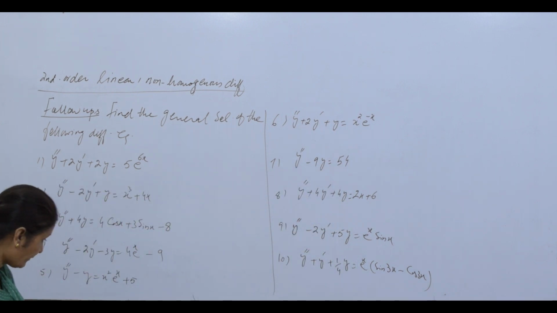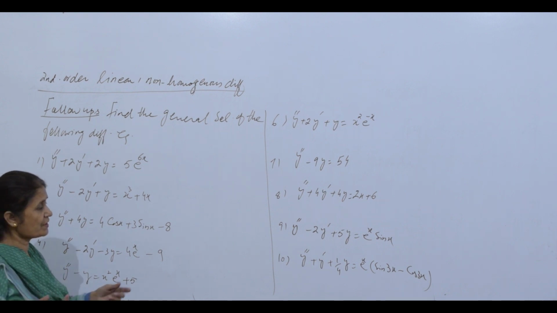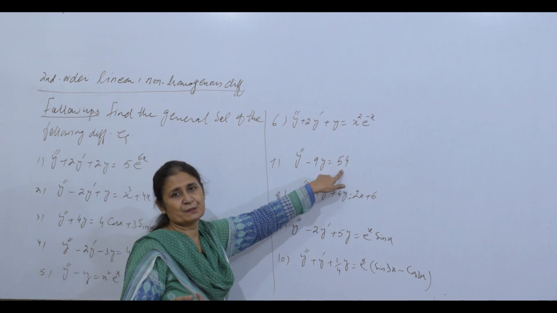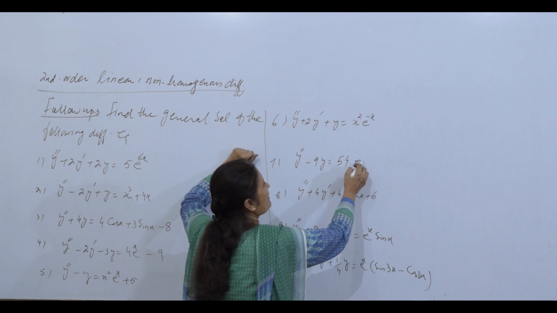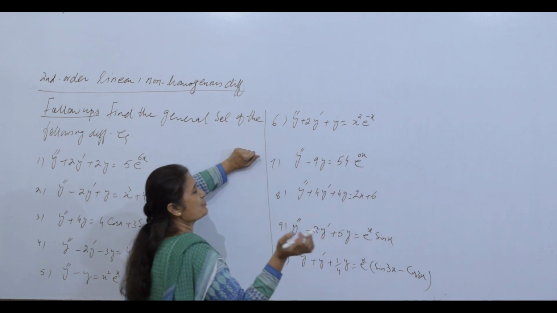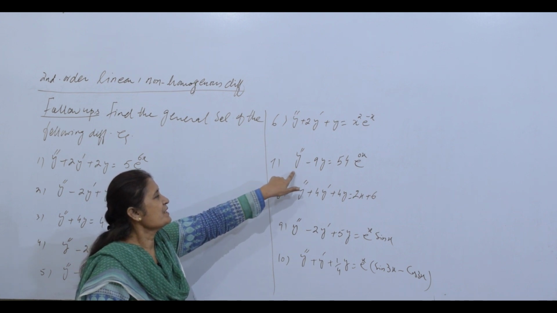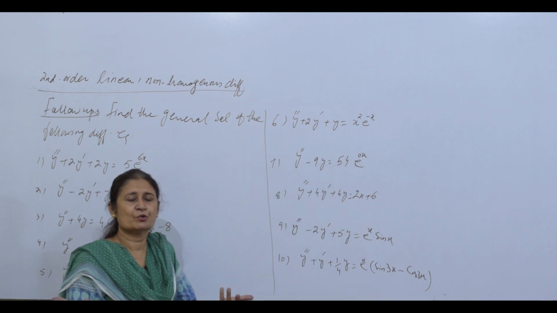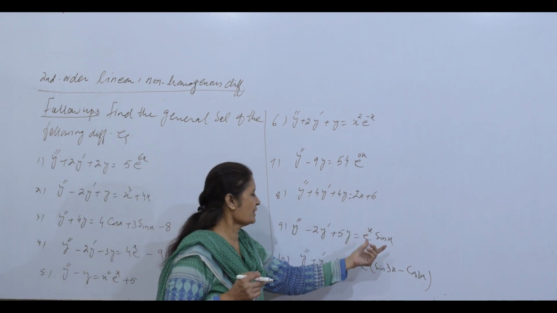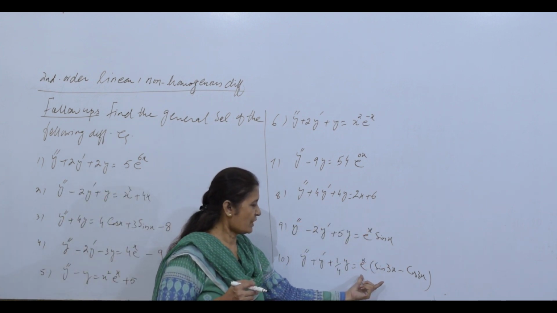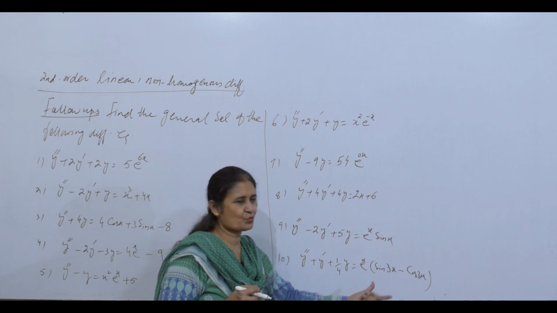So you have 10 questions related to the topic we have studied. Make sure this 54 is there. If some constant is there, the best idea is you can have e^0x with it. This is a beautiful idea. So for yp, replacing D by 0, you are getting the answer in a minute. Similarly, this is going to be the polynomial, this fifth case we have. So you have to break it into two terms, e^x sin 3x minus e^x cos 3x.